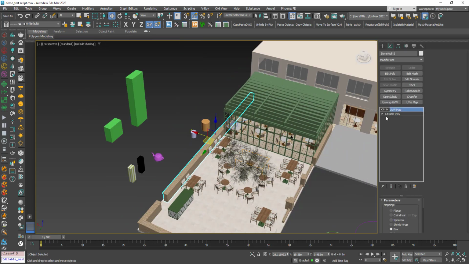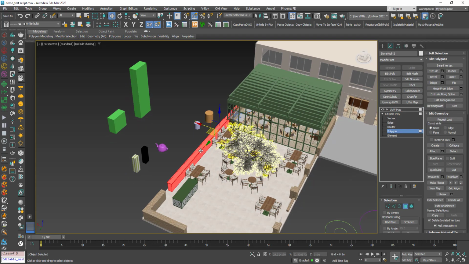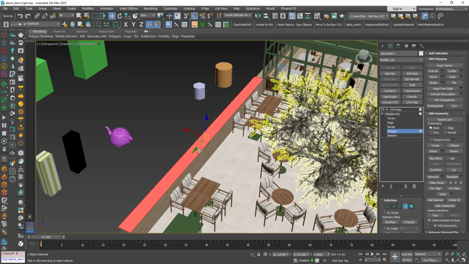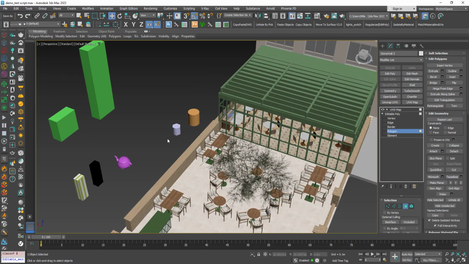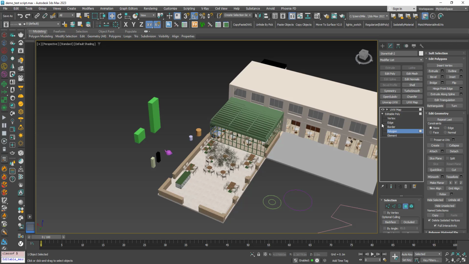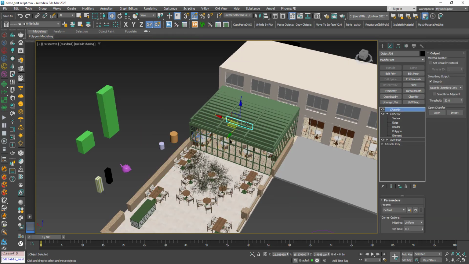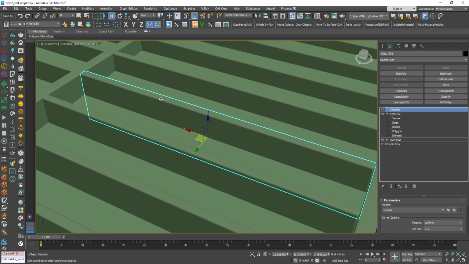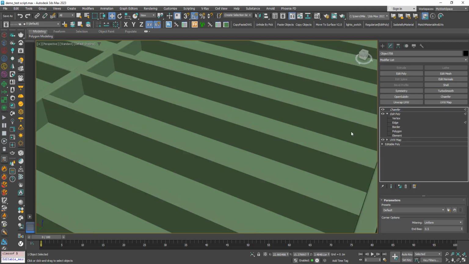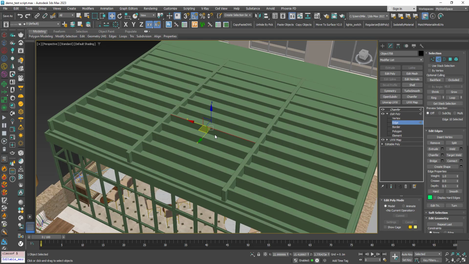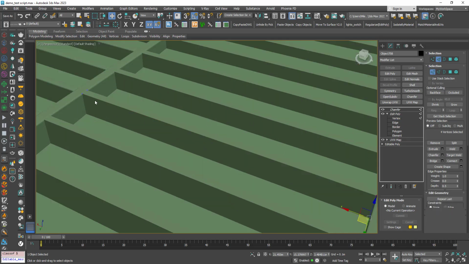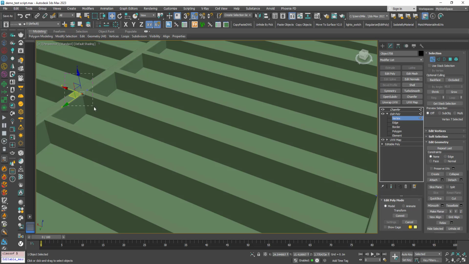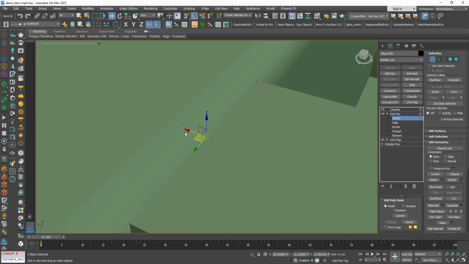So now I will try it with different kinds of objects. Here, for example, I'm in the sub-object level. I'm going to select a polygon. Now I will deselect. Same here, for example, go to, let's say, an edge, select this edge, or select a vertex, vertices here, deselect, and still in a sub-object level,